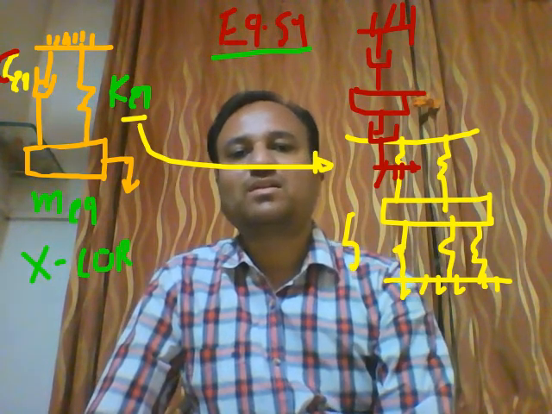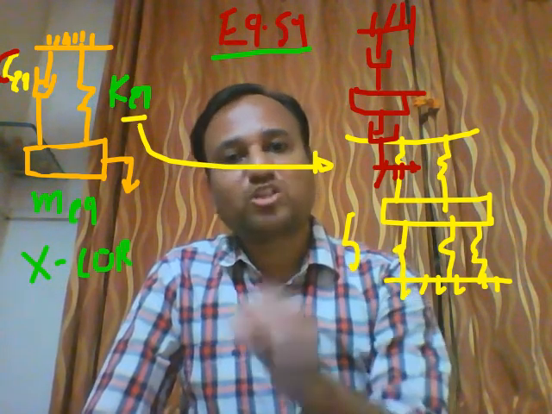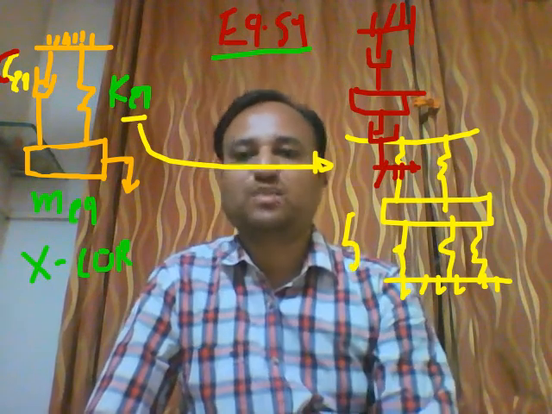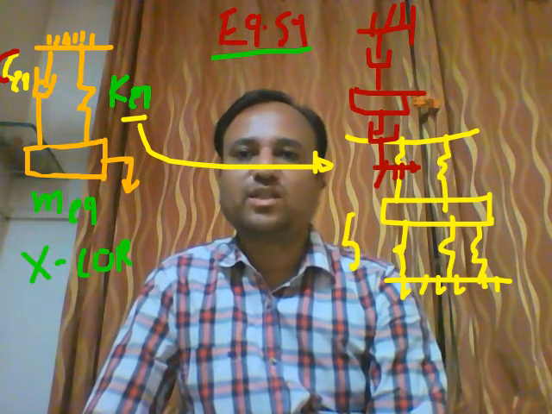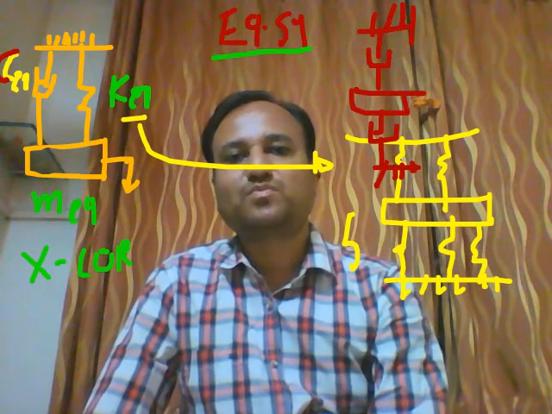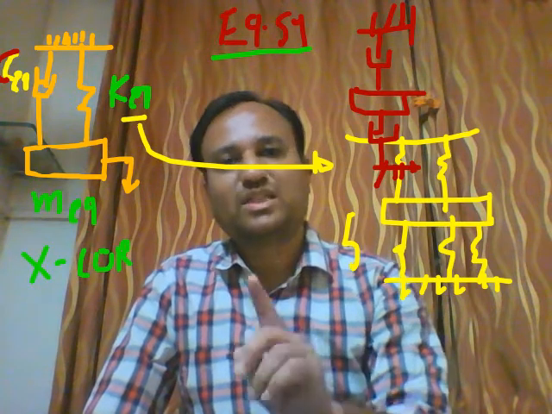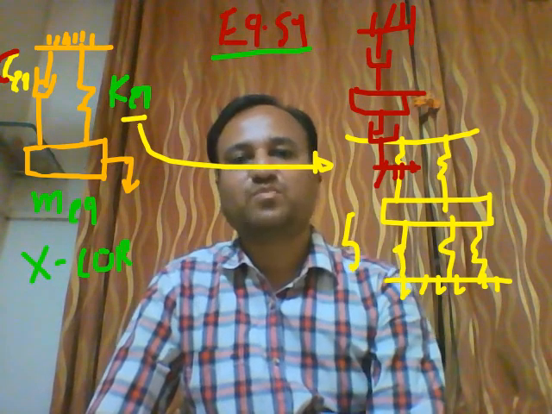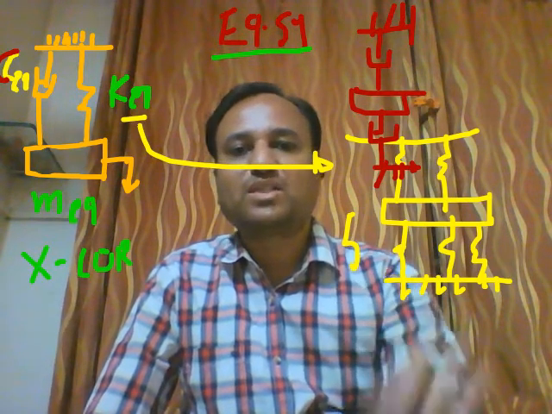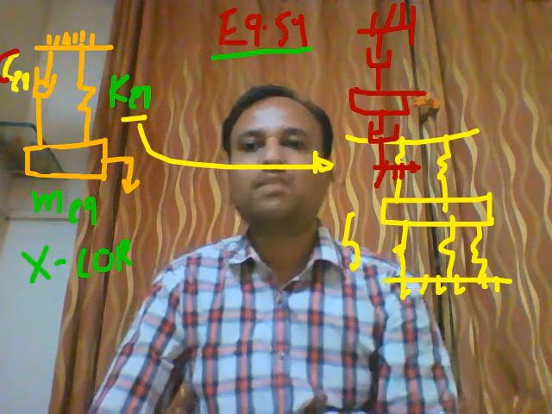So corresponding important parameters, that is, calculation of C equivalent is important, calculation of K equivalent is important, calculation of M equivalent is important. So right student, understand what the equivalent system is: the conversion of a multi-mass, multi-spring and multi-damper system into a single mass, single spring and single damper system. And for that single mass, single damper and single spring system, we calculate the corresponding equivalent parameters, that is C equivalent, K equivalent and M equivalent.